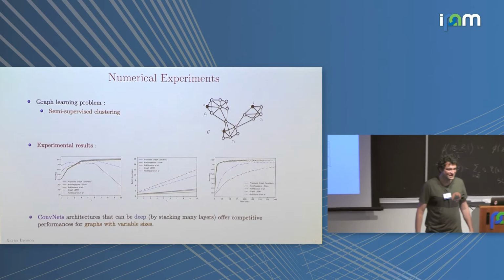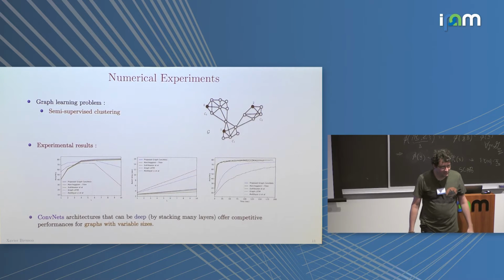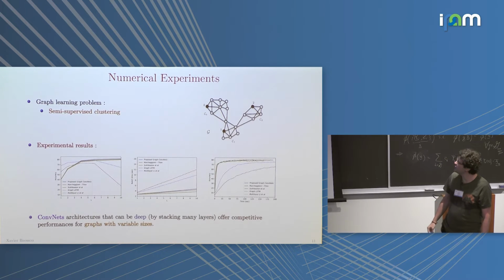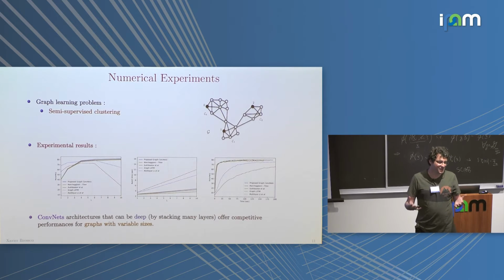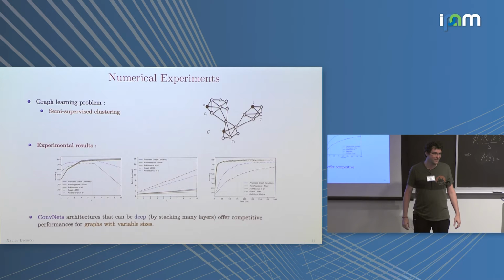Yes? Is the attention in all of these convolutional neural networks? I don't understand, you have 5 plots here. Could you tell us what the difference between them is? We have 5 lines in your plot here. I have 5 lines, yeah, just because I compare different kinds of convolutional neural networks and different kinds of recurrent neural networks. So the dashed curves are basically recurrent neural networks, and the solid lines are convolutional neural networks. Did you find a conclusion about whether attention mattered at all in your simple tasks? For attention? Attention is like a convolutional neural network, it's the same. Basically, they work much better than a recurrent neural network. Yeah, that's the conclusion.